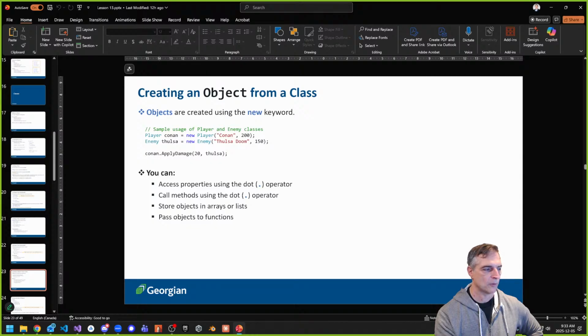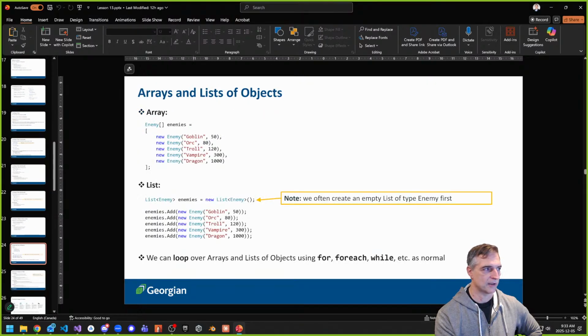So again, one thing we can do is store objects in arrays or lists. We can also pass objects to functions. A good example is if we wanted to make an array of enemies, we can do something like this.